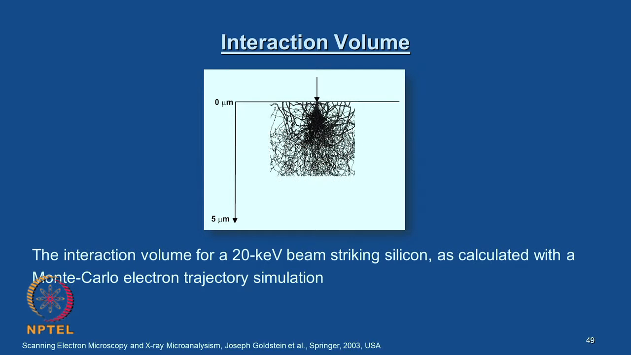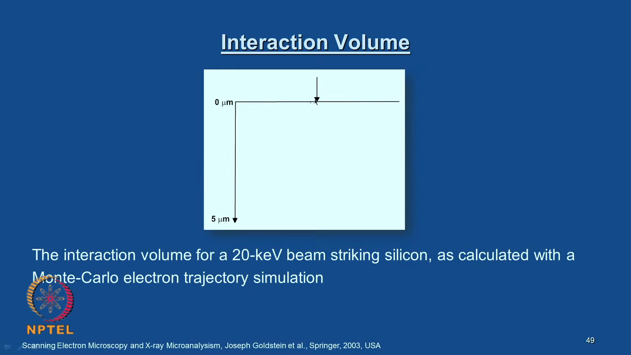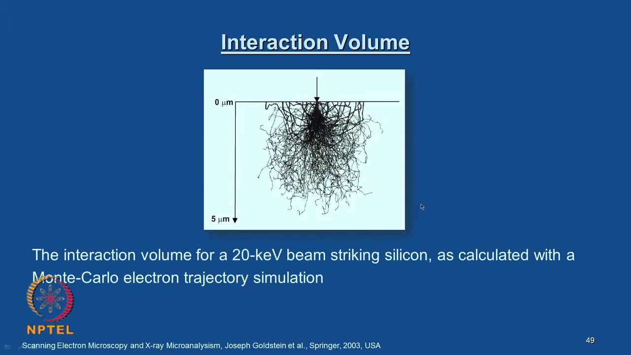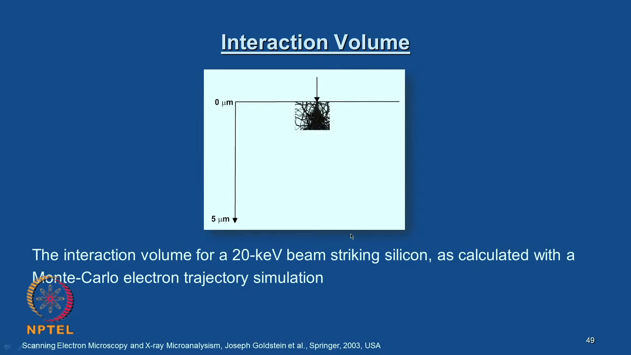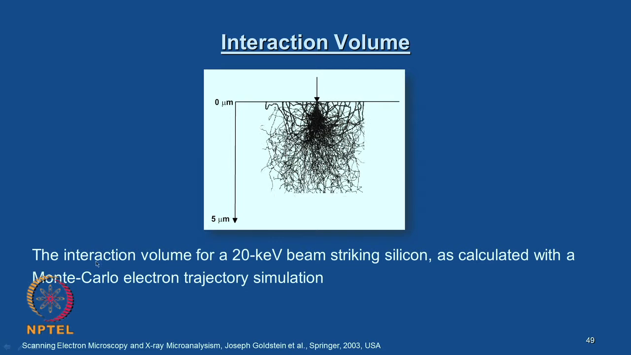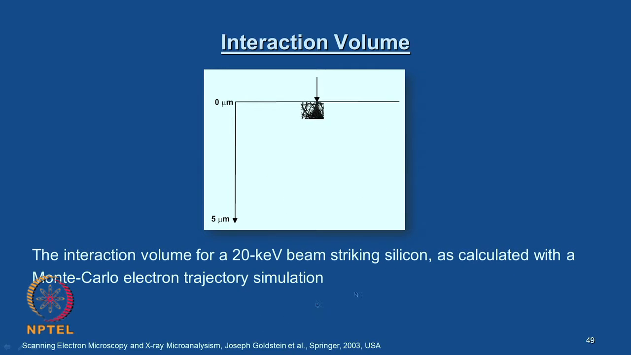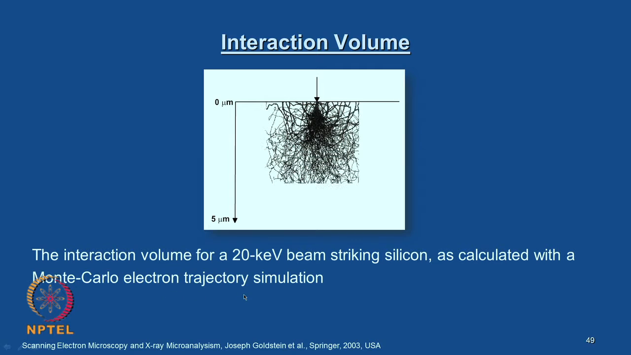we will look at what this interaction volume is, and the electron beam comes and interacts with the specimen surface. What you are now seeing is a simulation of the interaction volume for a 20 kilo electron volt beam striking silicon, as calculated with a Monte Carlo electron trajectory simulation. It is a numerical simulation,